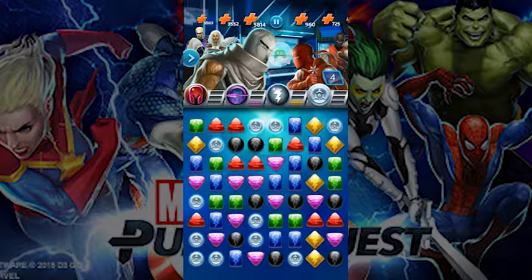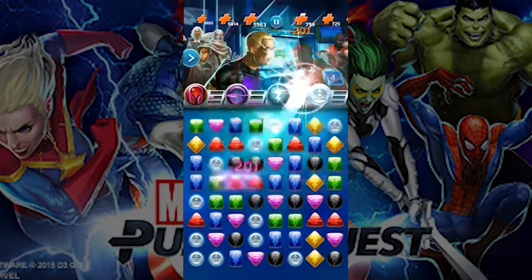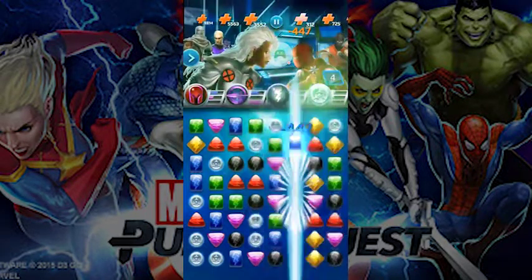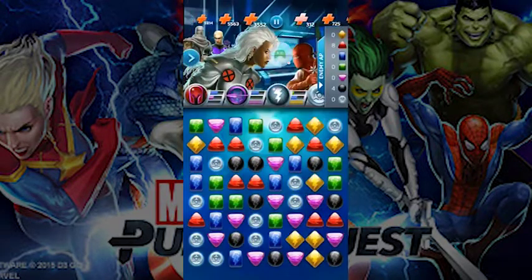So again, the key to this team is it's all about the purple. Even though there's a blue, we'll take the blue first. Actually, it doesn't really even matter, just because we have just minions here, so we'll try to get as much purple as we can. What you want to do is kick off Magneto's